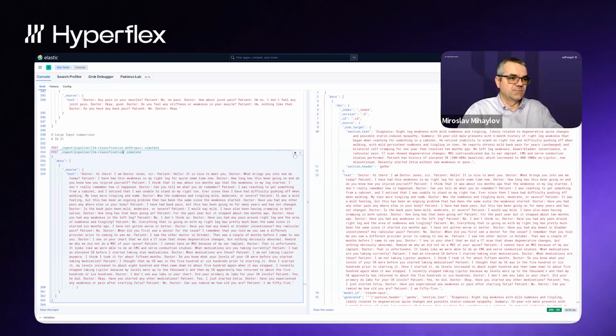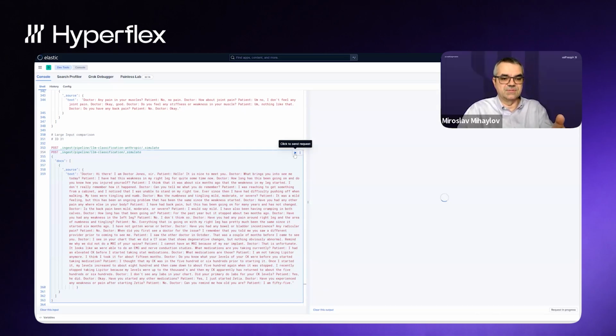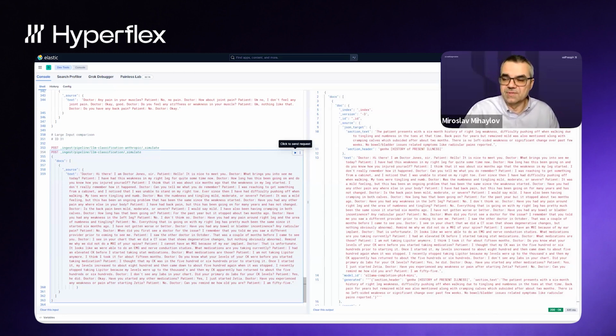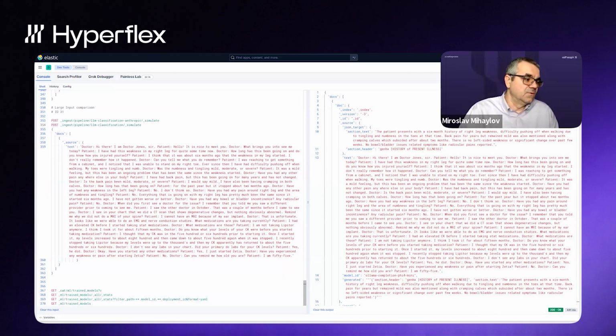Again, versus the local one, where I just call a different pipeline by changing the string for which pipeline I use. This is a simulation of the process. There you go. 400 milliseconds, 300, 400, 400, 300. I mean, it's basically a 10x improvement in a way. Well, it's a different question.